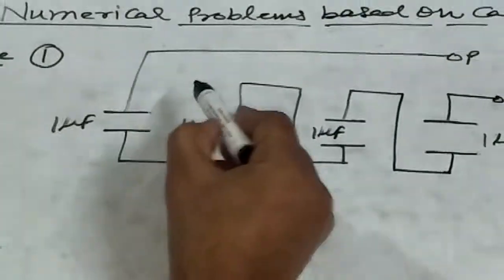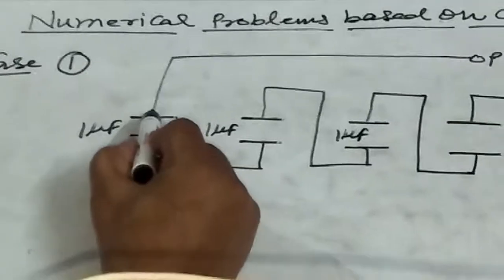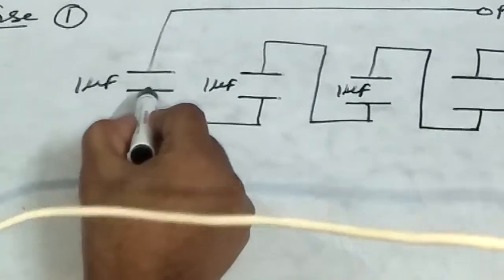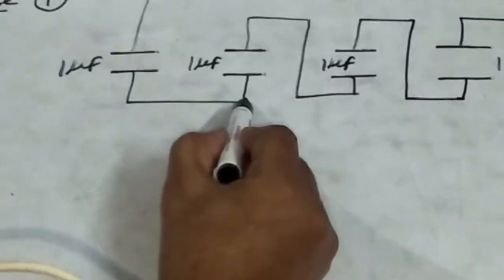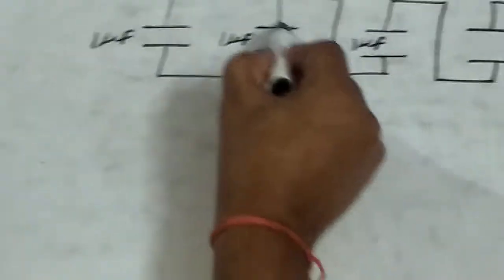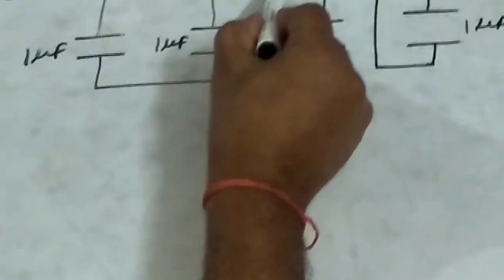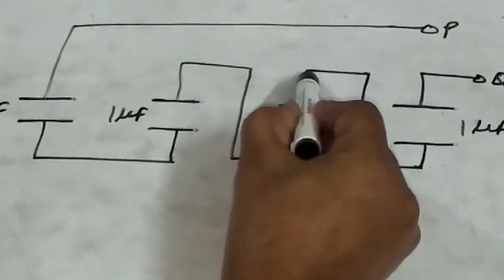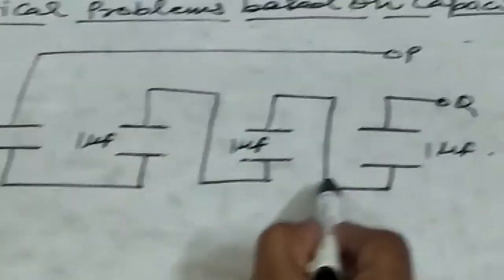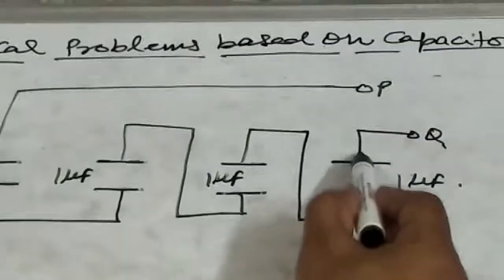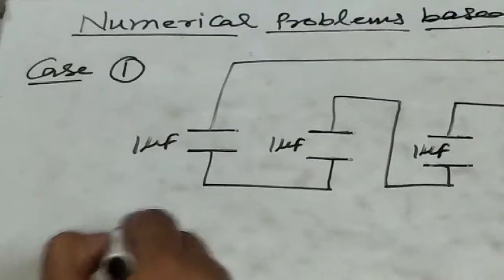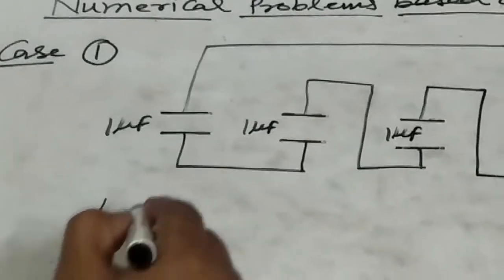Now you see here, the first plate of the first capacitor is connected to the point P. The second plate of the first capacitor is connected to the first plate of the second capacitor. The second plate of the second capacitor is connected to the first plate of the third capacitor. Again, the second plate of this one is connected to the first plate of the next capacitor, and in this way you can say all these capacitors are joined in series and their equivalent, 1 upon C equivalent, is equal